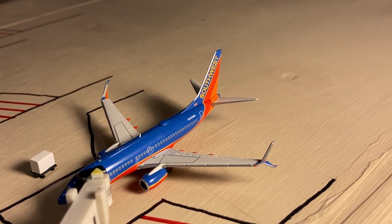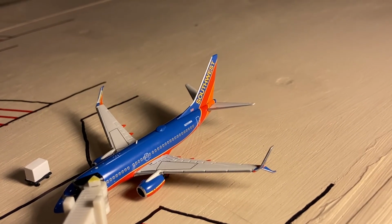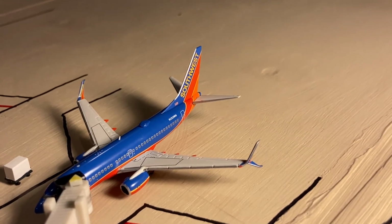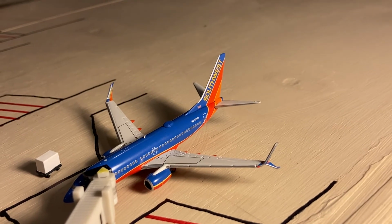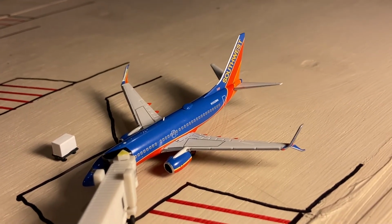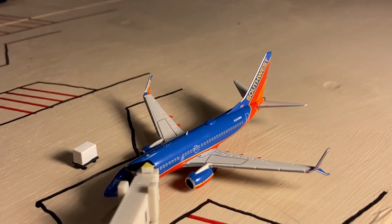He arrived in from Denver and will do a turn out to Chicago Midway. Now I am very excited because I'm pretty sure the Heart livery version of this should be coming out in, I believe, NG July, not NG June, because usually the Canyon Blue and the Heart livery are usually about 3 months apart. So I am very excited to see what it'll look like when I get them. But anyway, I cannot wait for NG July and the 737-700 Heart livery. But anyway, like I said, he arrived in from Denver and is doing a turn out to